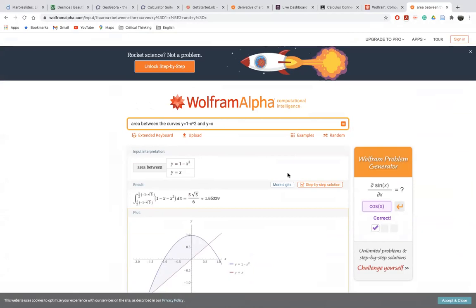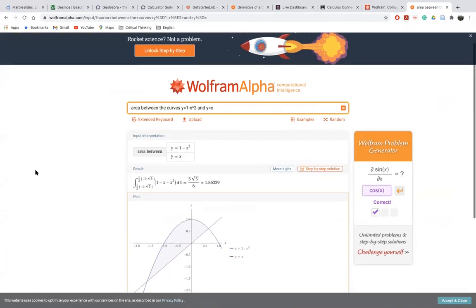And if you want a step-by-step solution, you have to maybe buy their services, which is I think $4 per month. But even without them, there are so many interesting things you can do on Wolfram Alpha. So you can of course integrate. You can find the area between the curve. You can also differentiate if you simply type